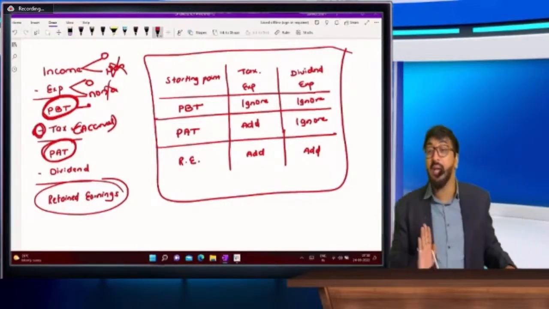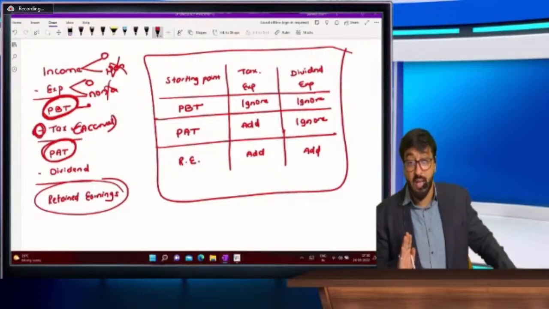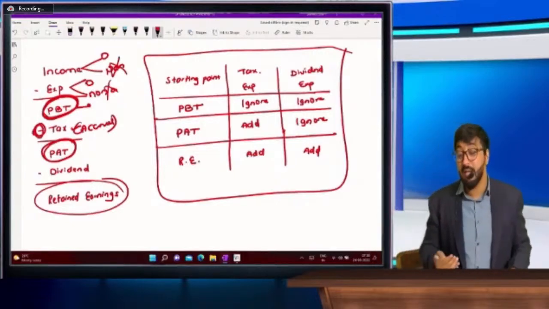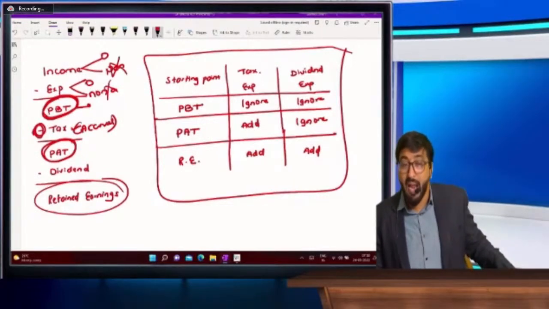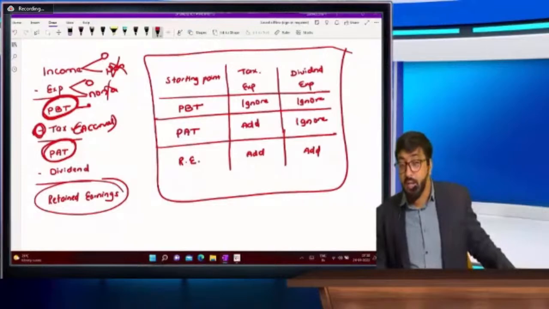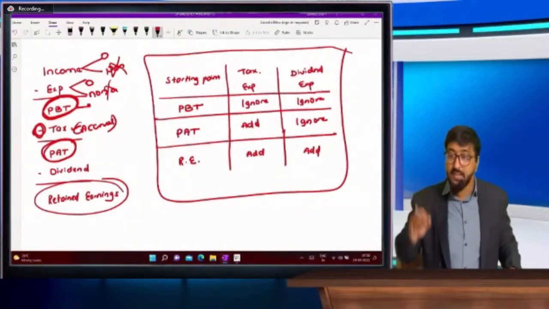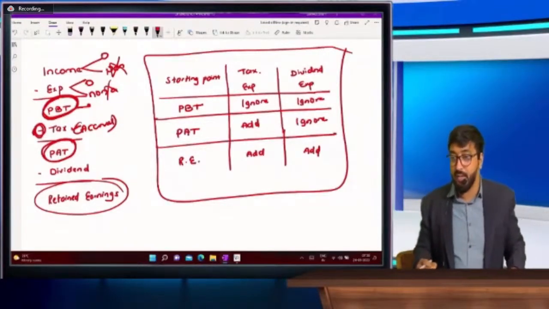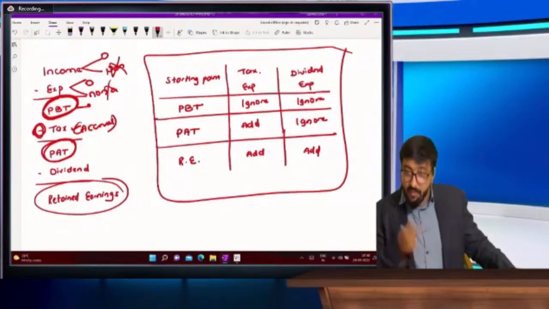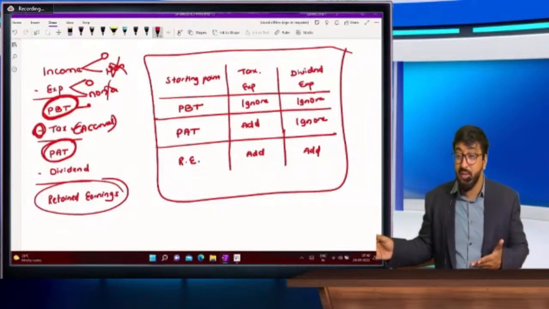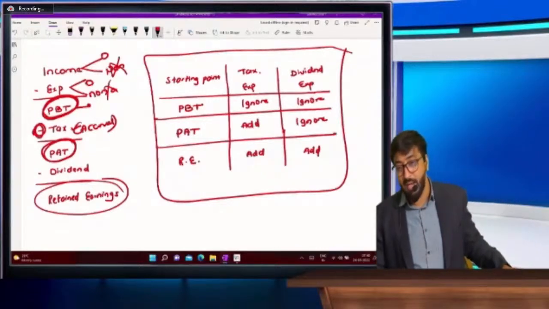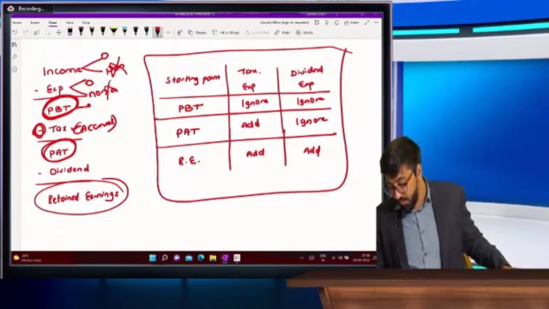But if I start with retained earnings, रिटेन अर्निंग्स से शुरू किया तो मुझे टैक्स को भी एलिमिनेट करना पड़ेगा और डिविडेंड को भी एलिमिनेट करना पड़ेगा। तो मैं टैक्स को एड बैक करूंगा और डिविडेंड को भी एड बैक करूंगा। So this is the reason why we are doing this activity. डिविडेंड को क्यों एलिमिनेट किया? अरे सर वो फाइनेंसिंग एक्टिविटी है, इसलिए तो उसको एलिमिनेट किया। और कितना डिटेल लॉजिक बताओ बस।